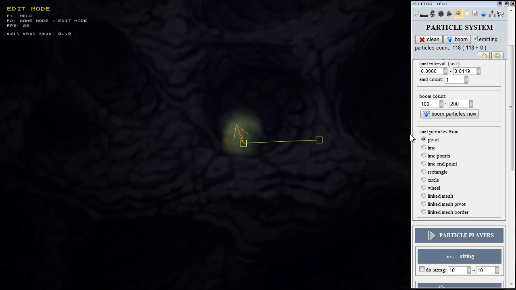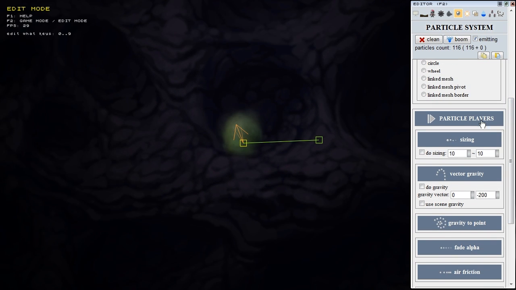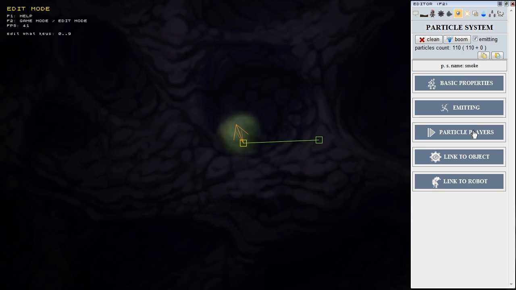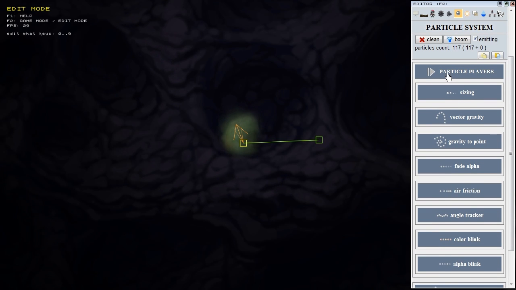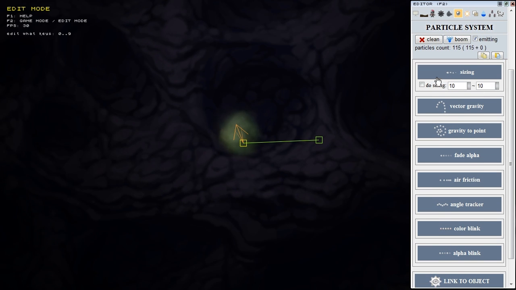Okay, the next block contains several players. The players affect particle parameters in a lifetime. As until now, these players can also be combined, so each player affects the particles independently. Let's start with the first one, that is sizing. We can switch on and off each player. So I switch on the sizing,